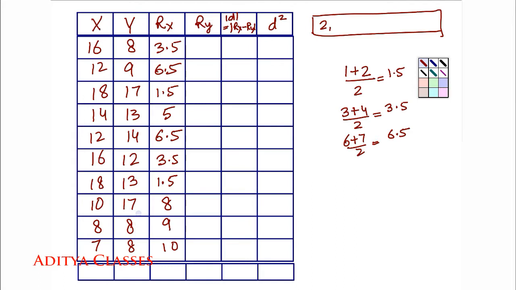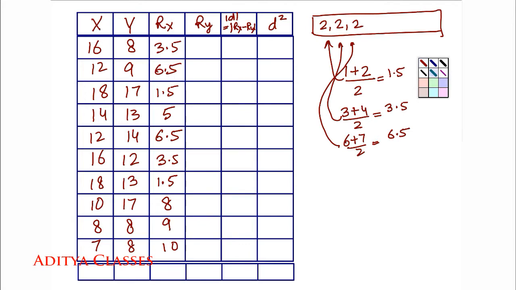Who is the largest value? 17 is the largest value. But then we see there are a couple of 17s. For this I entered a 2. We missed this one. For this I should enter a 2, and for this one also I should enter a 2. So this is what has happened in ranks for x. There were 3 ties and each time 2 spots were being contested for. In any case, we are done with ranks for x.